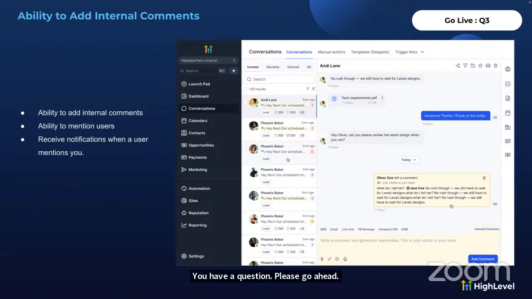Yes. Just to clarify as well, the individuals who are being tagged or mentioned in the internal comments, do they need to be a user on the account, or can agency users or admins that are not added into a location also be tagged? They should be added in the location. So anybody who is under my staff for this location can be tagged. Okay, so that is a little bit